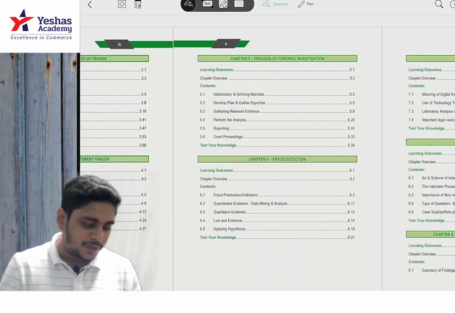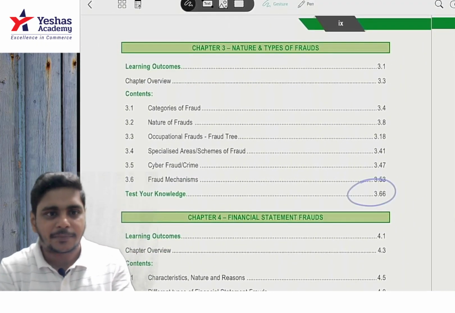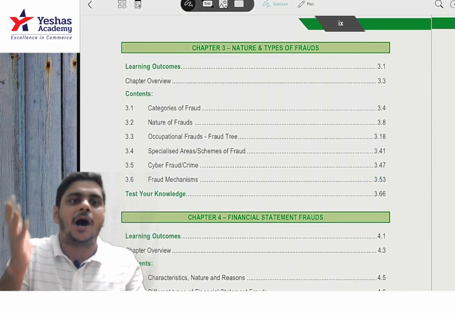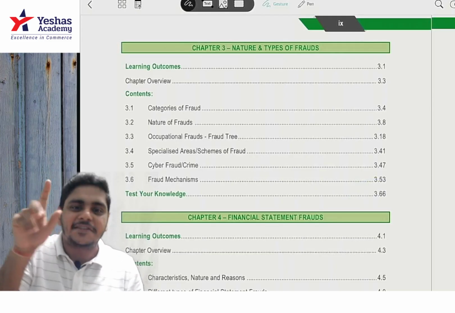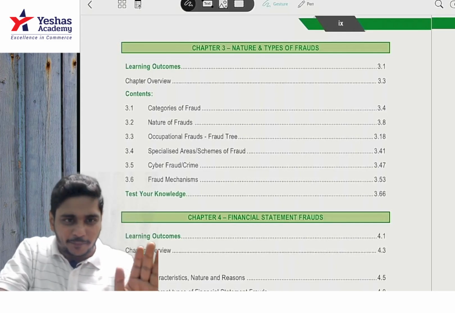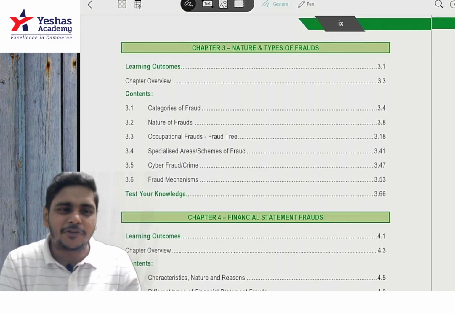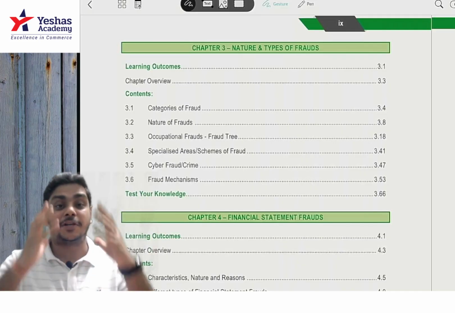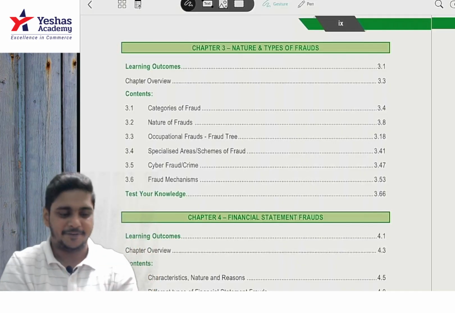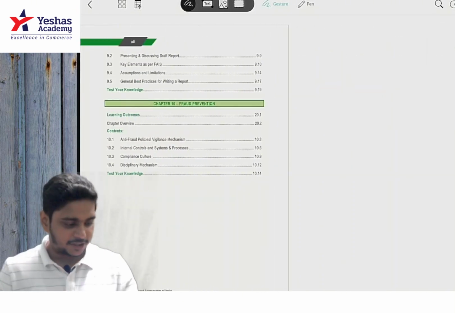The only lengthy chapter is chapter number 3, that is nature of fraud. Rest everything is like 20-30 pages only. Out of the 20-30, we will be cancelling a lot. If you have studied Inter Law or Inter Audit through me, you know. Katapa, ratapa. Only important points you have to remember. Reason being it's an MCQ based paper, you need to have an understanding of it. So this is your index. These were the initial pages.